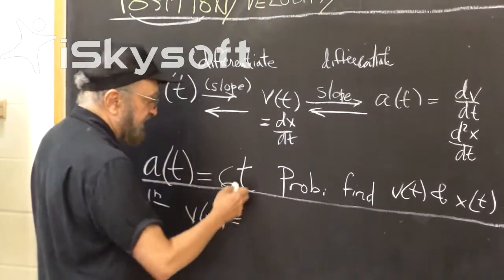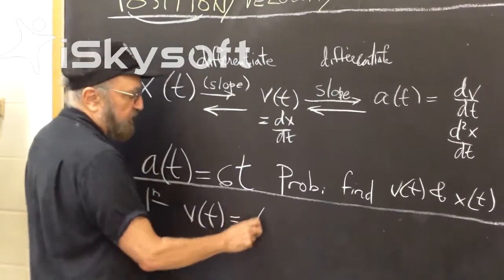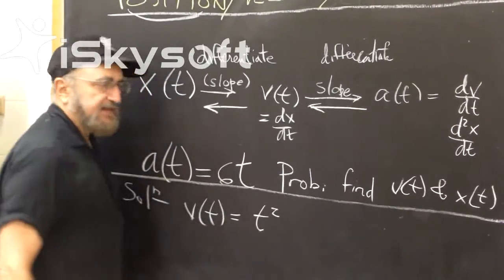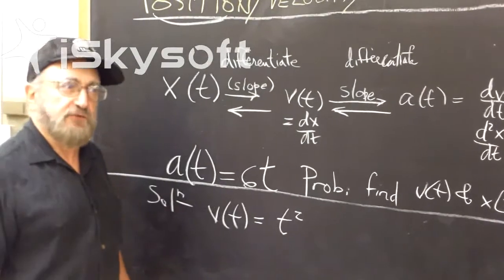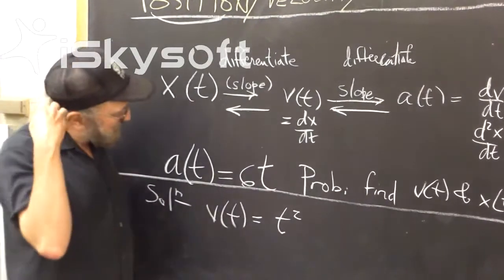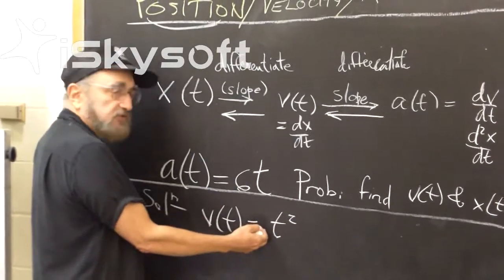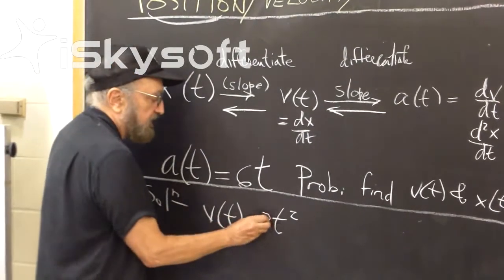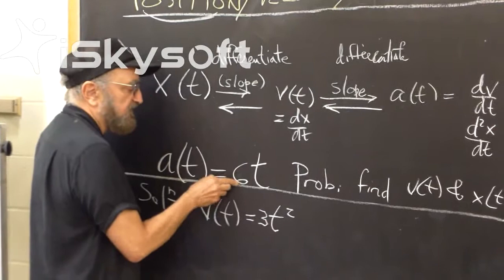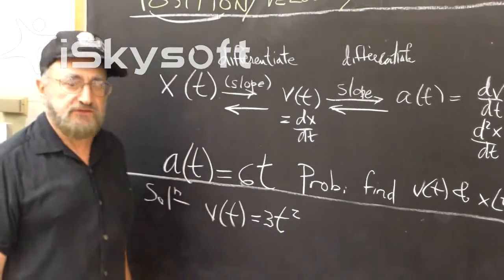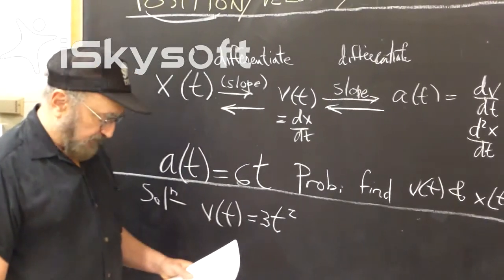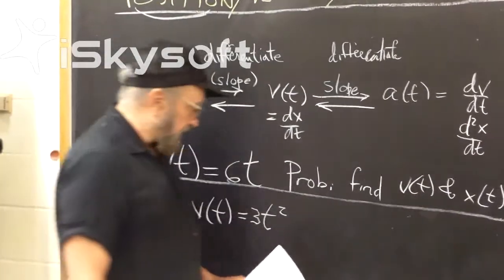Because differentiation lowers the power, we know that it would have to be a t squared. Then we use our little heads to see that t squared is going to bring down the 2. So there has to be a 3 here, because otherwise it wouldn't be 6, it would just be 2t squared. So it has to be